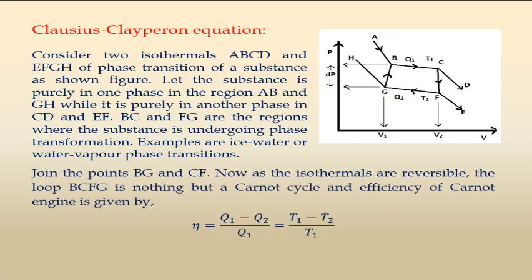So now let us join the points BG and CF. B and G are joined, CF is also joined. So it will give a closed cycle. Now the isothermals are reversible. The loop BCFG, B, C, F and G, is a closed loop. It is nothing but a Carnot cycle, and the efficiency of a Carnot engine is given by,